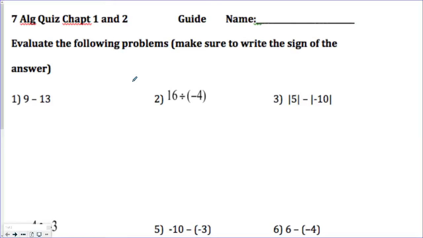So we're going to look at the quiz for the first two chapters in the 7th grade sequence. This is on adding, subtracting, multiplying, and dividing positive and negative integers, rationals, that sort of thing. So basically, your basic arithmetic with positive and negative numbers, along with decimals and fractions, mainly fractions. And then a little bit of absolute value thrown in there as well. So a lot of stuff goes by pretty quick. It's just a lot of rule memorization and a lot of the basics you need